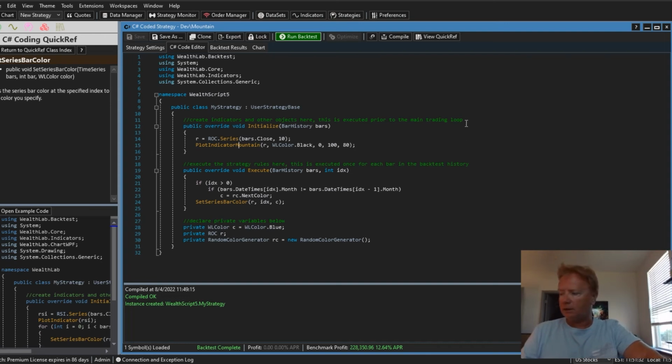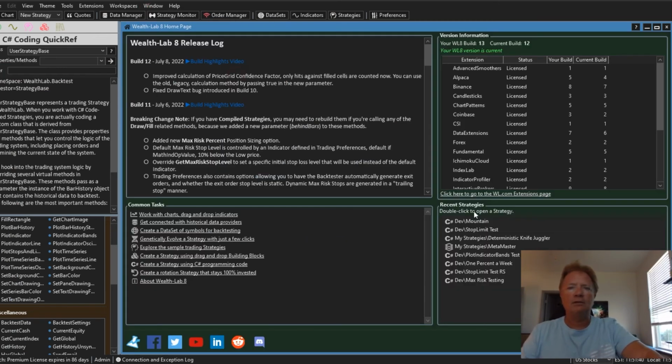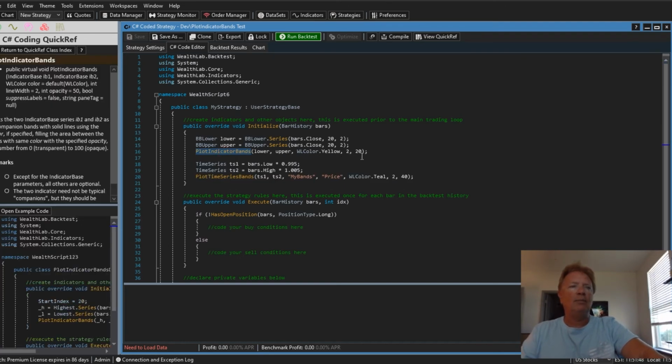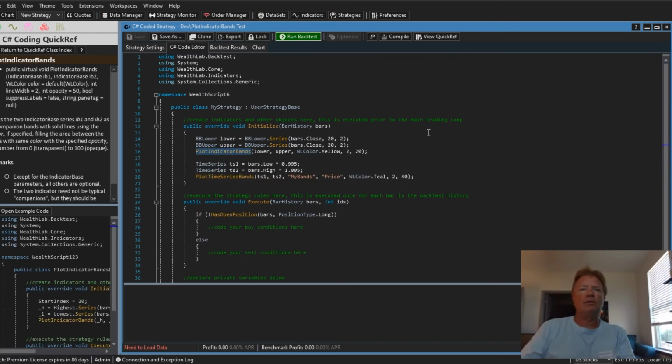One final thing in build 13 is another new plot method. Let's go back to our home page and let's see. We've got it right here. And it is plot indicator bands and plot time series bands. So previously it was a little bit tricky to plot bands in a strategy code. It was possible, but you had to make some assignments to properties of the indicators that was not very well documented. So now we have these two methods, and we're showing it by creating two Bollinger Bands, an upper and